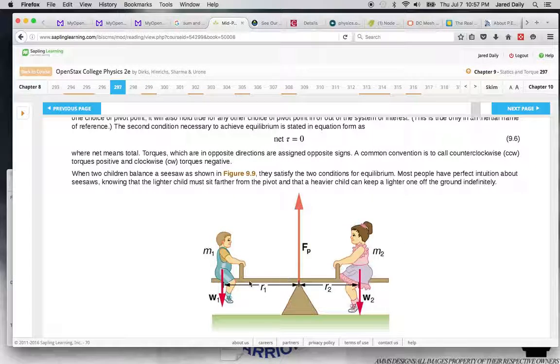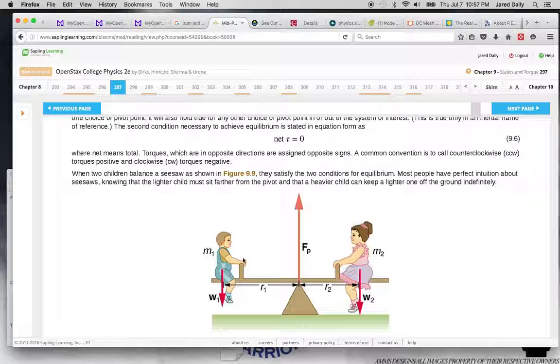So here we have two kids on the seesaw, and they are applying forces with their weight downward at different distances. The smaller child is a longer distance away than the bigger child from the rotational point, which is right in the middle. And the fulcrum in the middle here, or this pivot point, is going to apply a force upward that is going to be equal to the forces of the kids downward, as long as this thing's in equilibrium. If this thing isn't going anywhere up or down at its middle point, then there's going to be this force equal to these two forces. However,